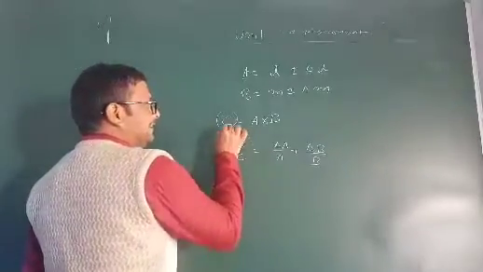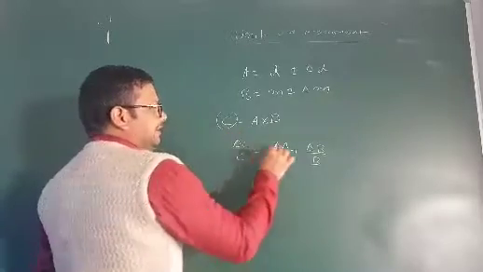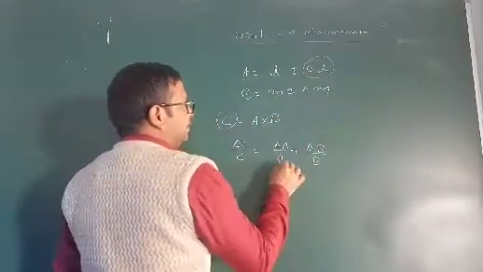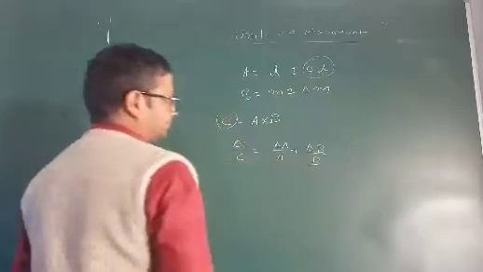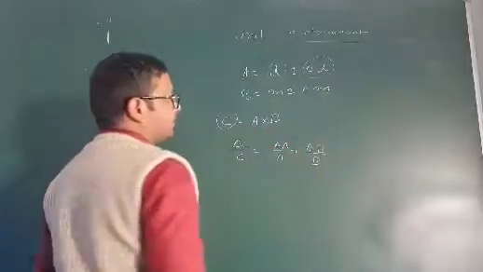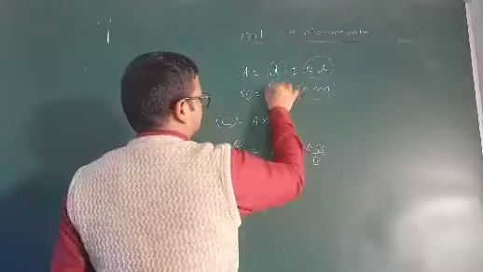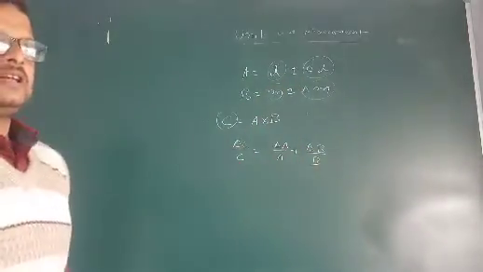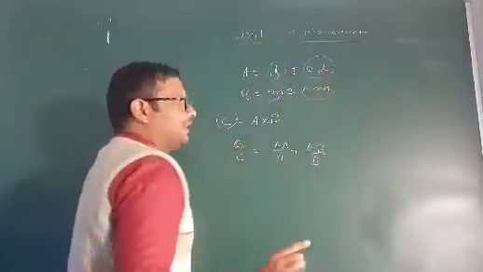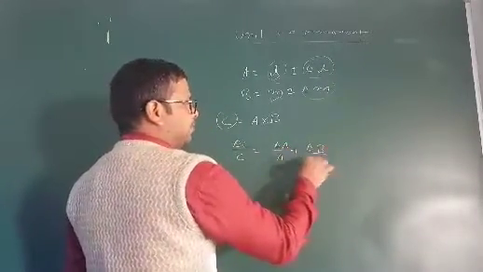Delta C is the error in the resultant. C is the absolute value, delta C is the absolute error in the resultant. Delta A is the absolute error in A. The absolute value of A is L. The absolute value of B is M, and the absolute error in B is delta M. Students, the first term is the absolute value, the second term is the absolute error. We take the ratio of absolute error to absolute value.